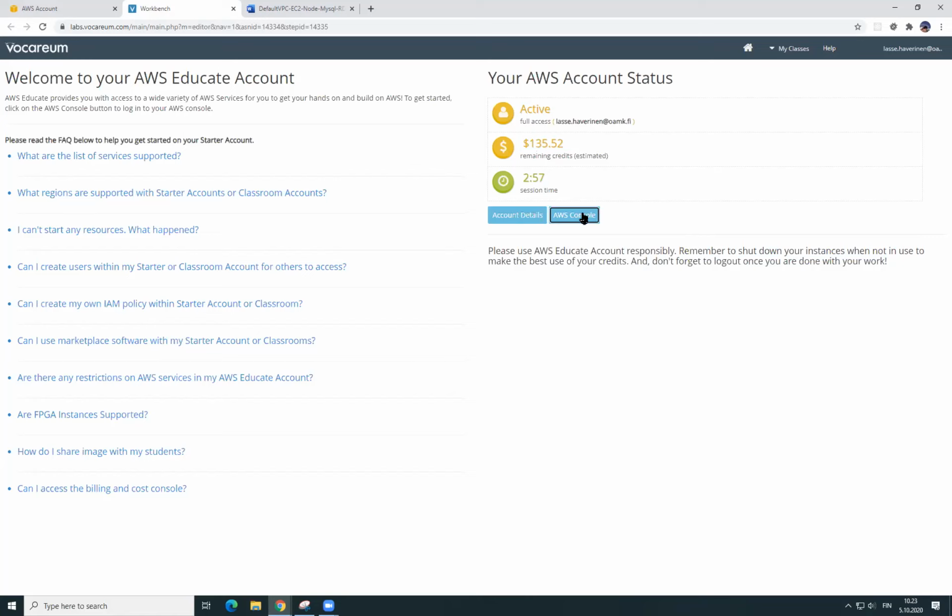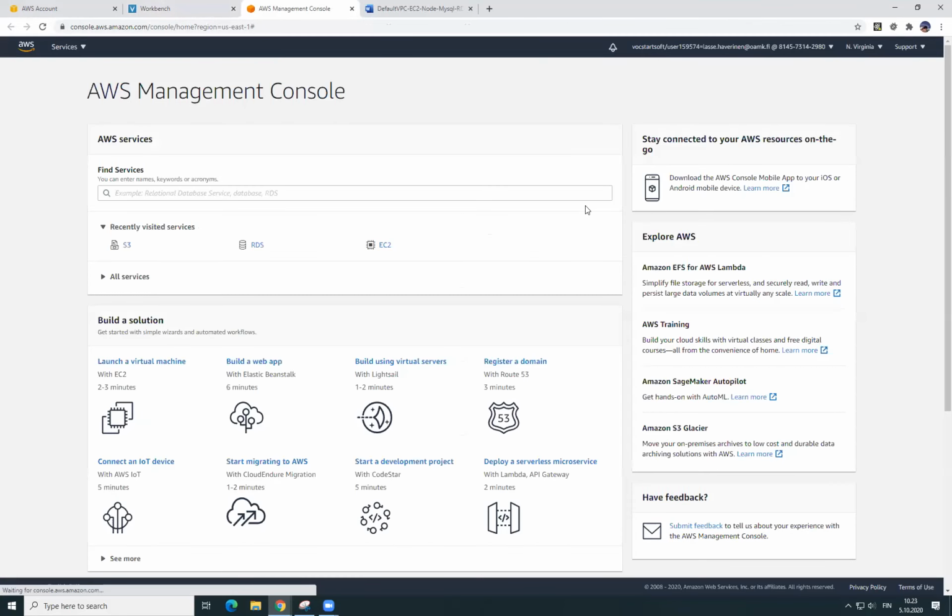Okay, so click on the AWS console, then you will get to the actual Amazon Web Services. This is the actual Amazon Web Services, what you would be seeing if you log in from a normal Amazon account. Okay, so the first thing what we will be doing